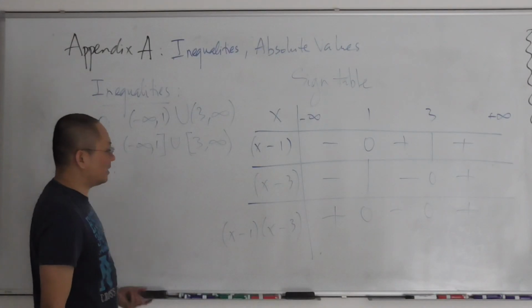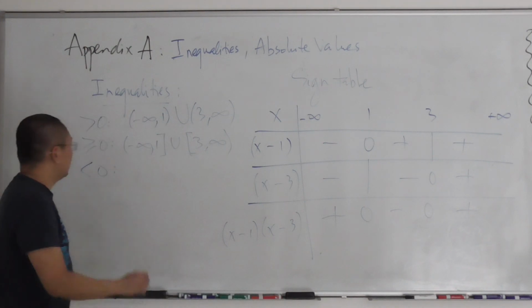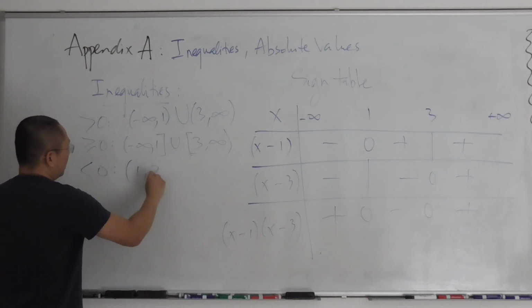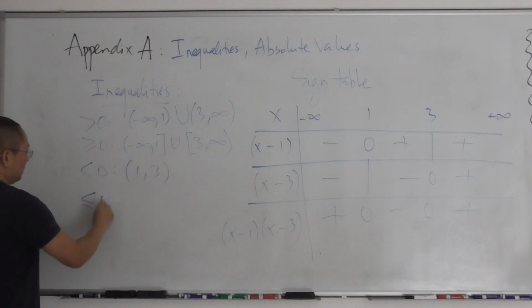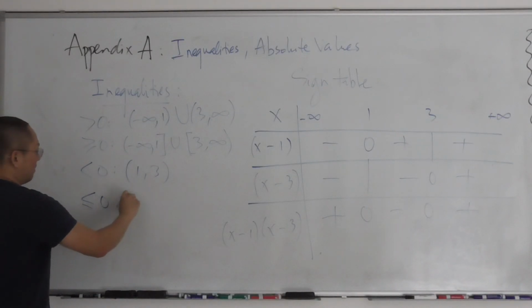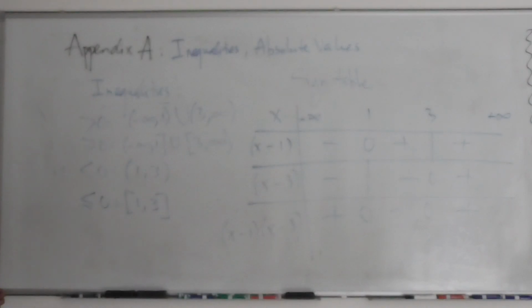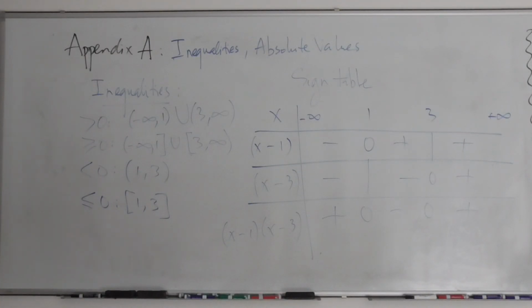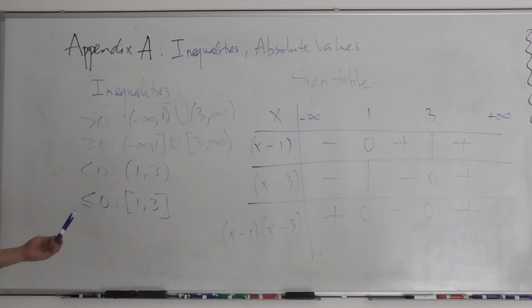Okay? Similarly, what if the question is less than 0? Negative, strictly less than 0. Negative is right here, so it's going to be between 1 and 3. 1 comma 3 in parentheses. But if it's less than or equal to 0, then we count 0 as part of the solution, so 1 comma 3 in square brackets, the closed interval. Okay? And with this method, using the sign table, you guys can solve all kinds of problems involving